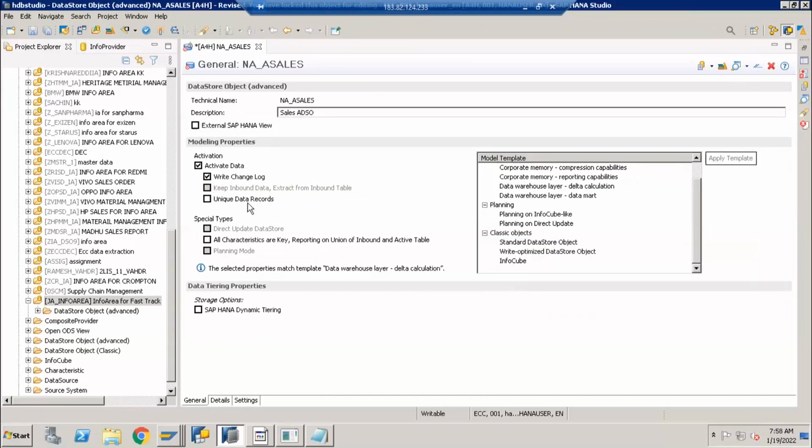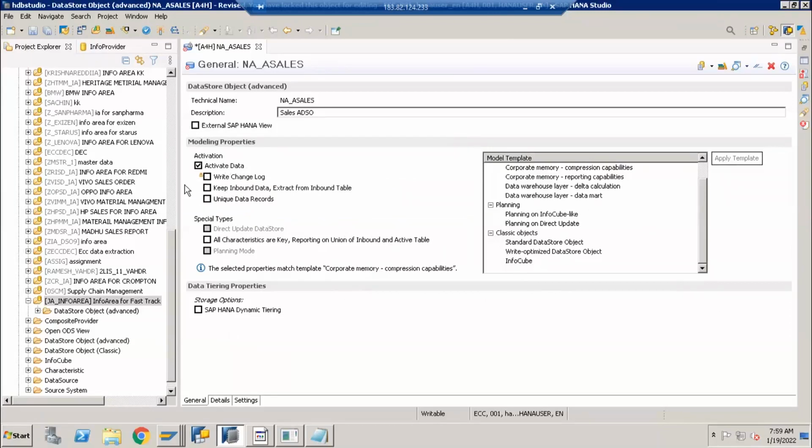So in order to create an ADSO of type standard, now in the latest versions you don't see this option. This flexibility you don't have anymore, so you need to select options according to your requirement on your own. The learning here is, for standard DSOs, ADSOs, you must select active data table along with change log. Then the ADSO will act as a standard data store object. If you want to create a write optimized ADSO, then you need to uncheck this change log, then it becomes write optimized.